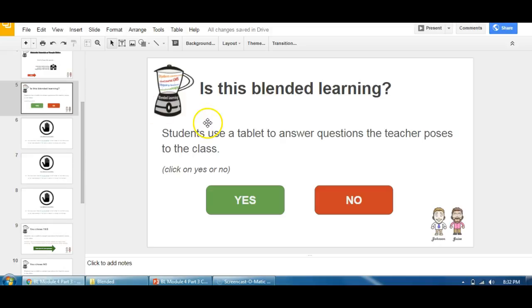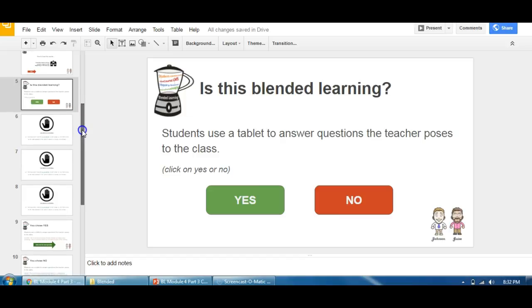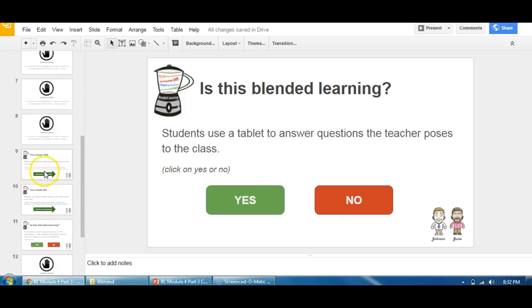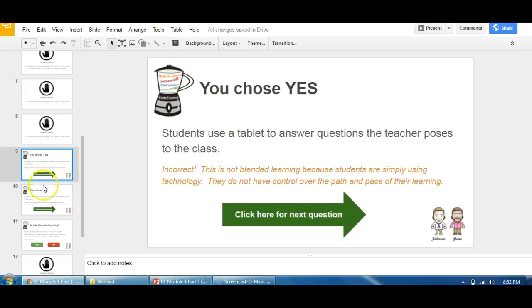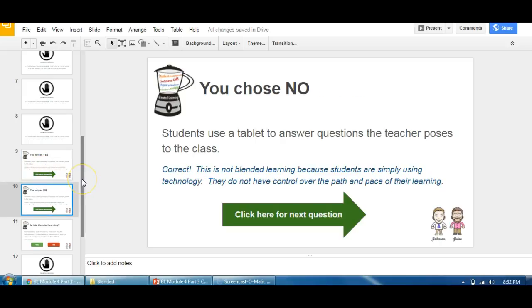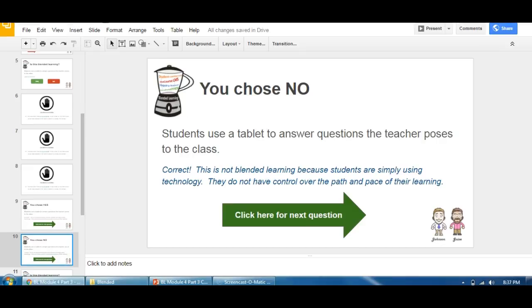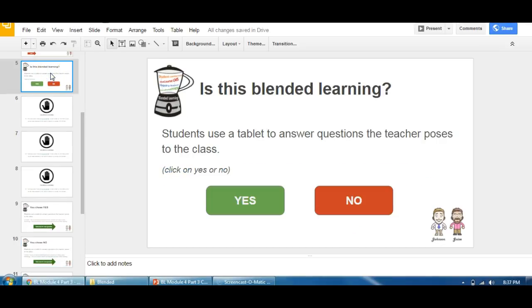Now the way this works is when somebody clicks on the yes or the no, it directs them to specifically created slides elsewhere in your presentation. I have those pre-made way down here, slide 9 if they click yes, slide 10 if they click no. So you're going to want to make the slides they're going to navigate to ahead of time before you do this next step. So once you've got these slides created, it's time to go back to the start and link